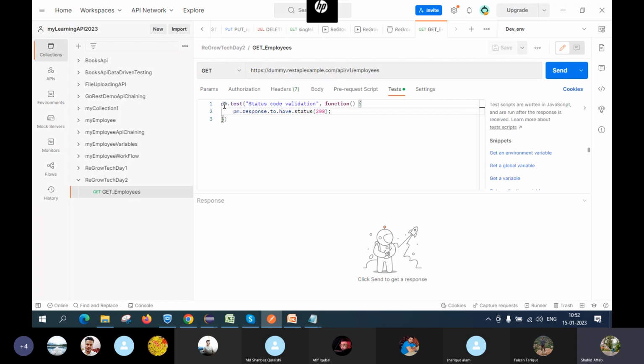Now if you want, in Postman you give pm.test, then a title, which is any description, then you write a function, because we will do some work, so you have to write a function. Then you just give: pm.response to have status 200. If the response status code is 200, then we have to get the response to have status 200. Okay, and we have saved. Now if you run, now if you run send,